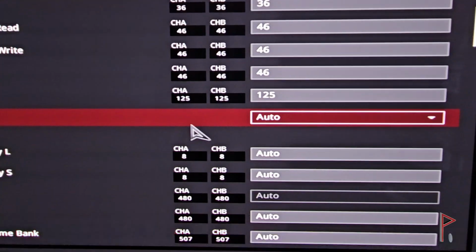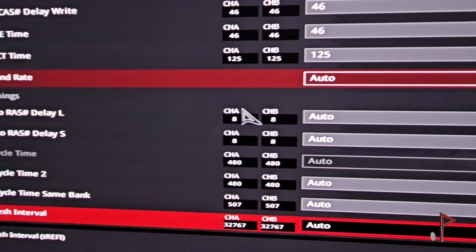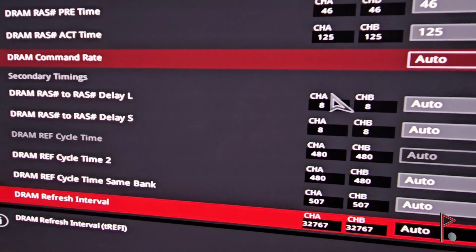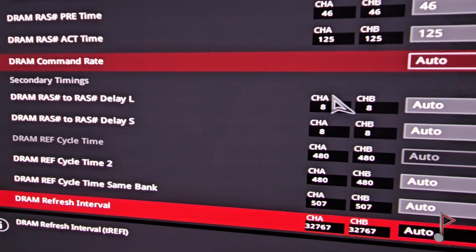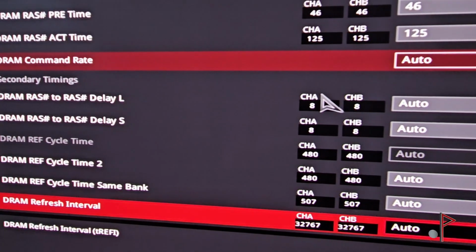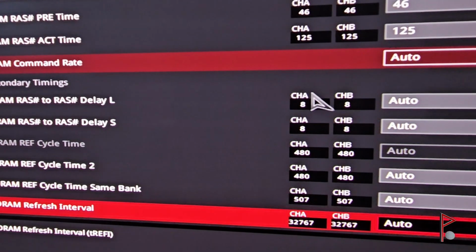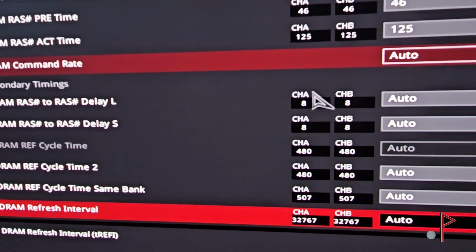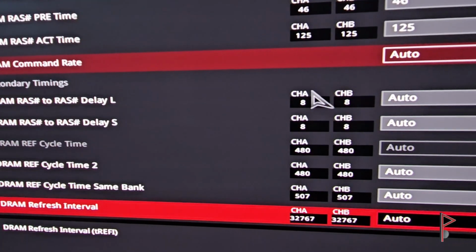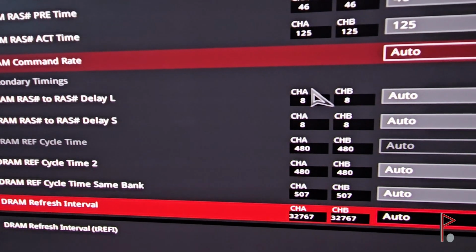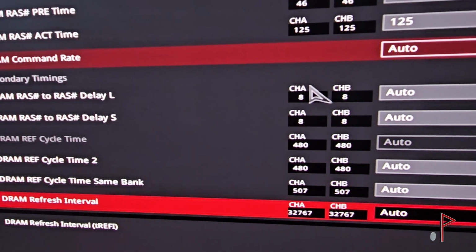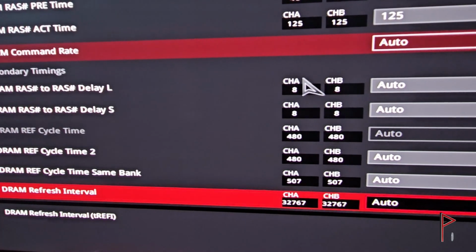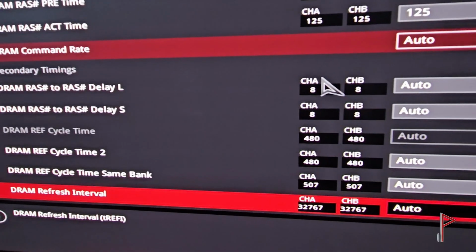So we're going to go down here, and I want to draw your attention to DRAM ref cycle time 2 and DRAM ref cycle time same bank, tRFC2 and tRFC respectively. Now, what these are, this is basically the time between when a refresh is issued and when you can issue a subsequent command, measured in clock cycles. That's all this is. That's all tRFC is. Now, tRFC2,